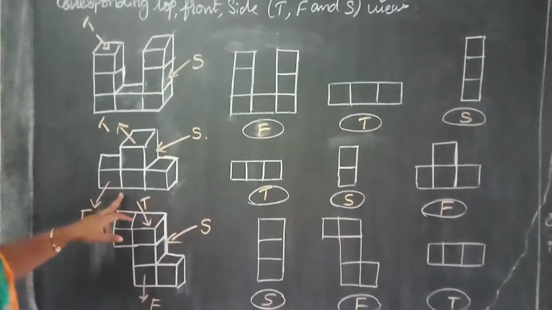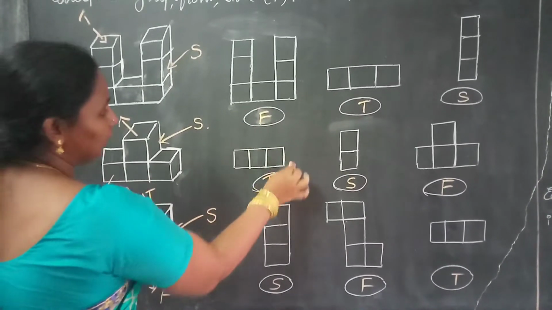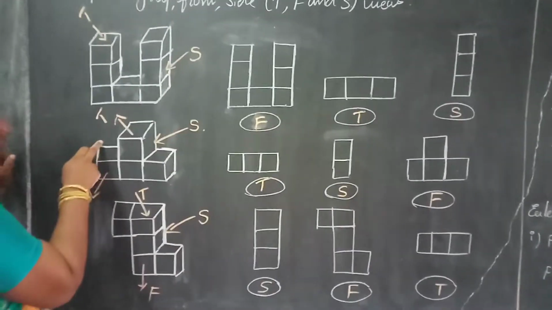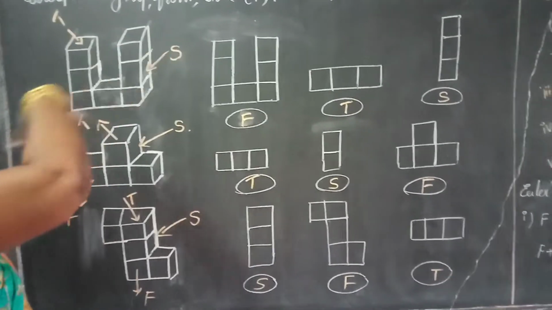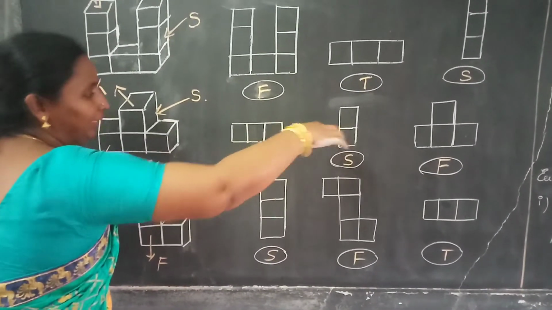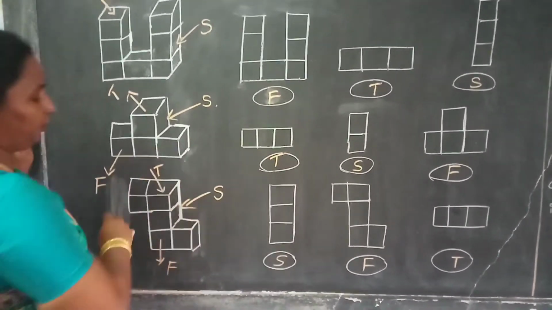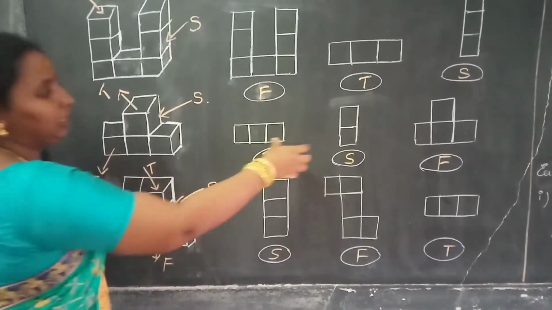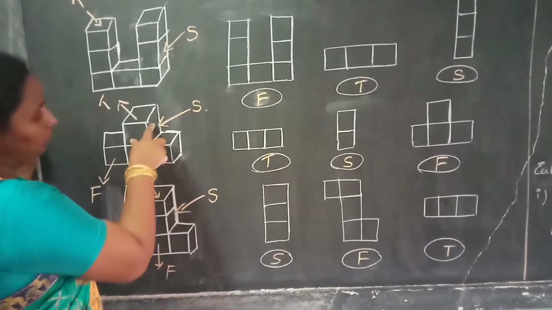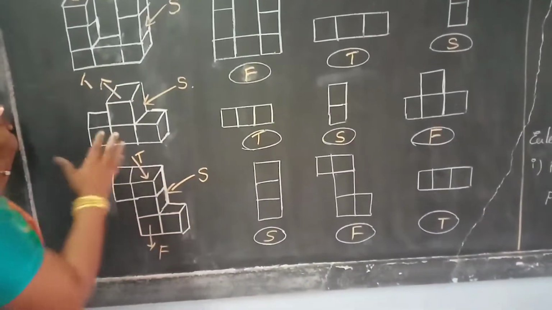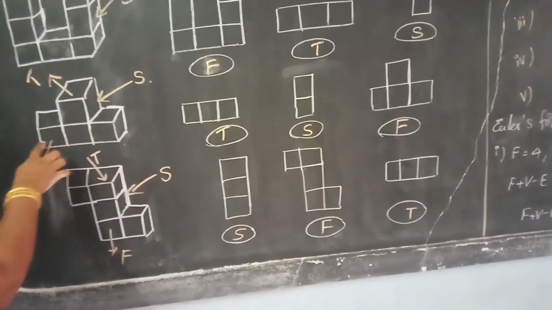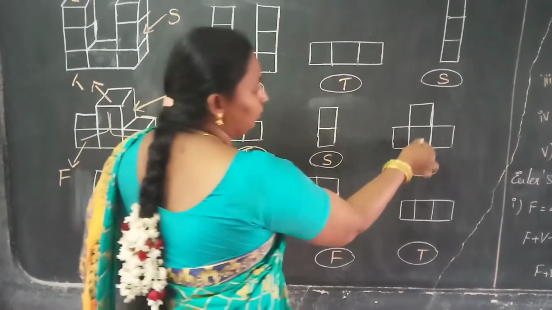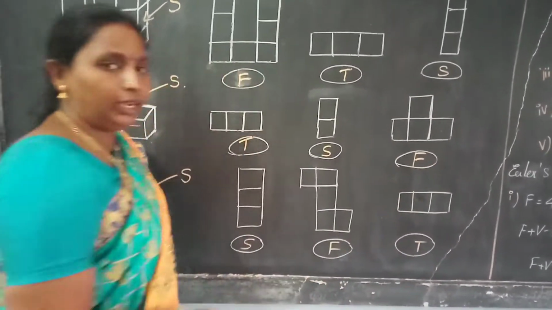Next, move on to the next solid shape. So here they have given 3 squares like this. Now what will be there? See the top view, how many squares are there? 1, 2, 3. So if you are seeing it from the top, it will be horizontal. Okay, so this one will be the top view. Next, see they have given it vertically. Vertically means definitely it will be the side view here. So 2 cubes, so you will get 2 squares. For the front view, it looks like this. This will be the front view.